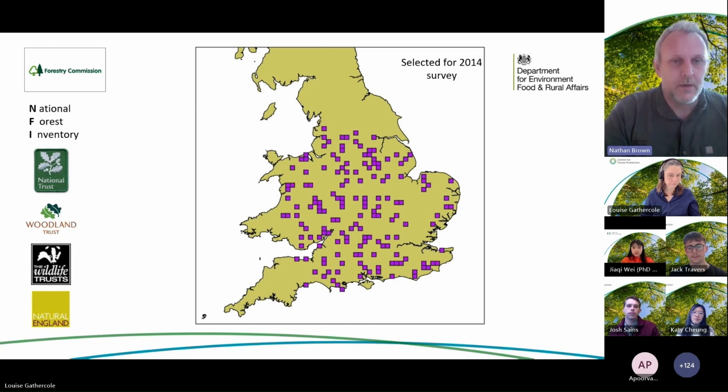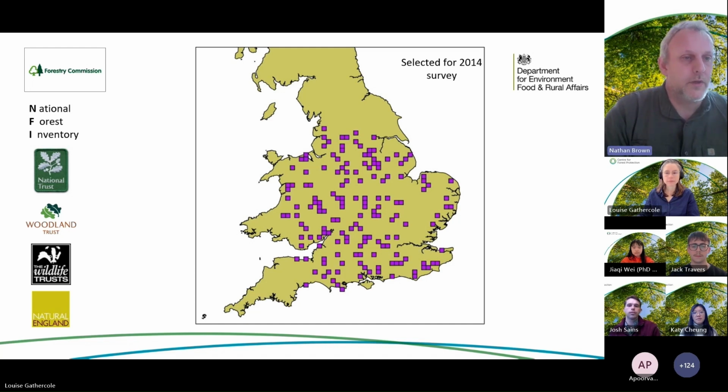So we were selecting relative to land cover, relative to oak cover, and in a focused area around the known distribution. So we conducted our survey sample, got a random selection of 10-kilometre squares to go and look, and then worked with lots of